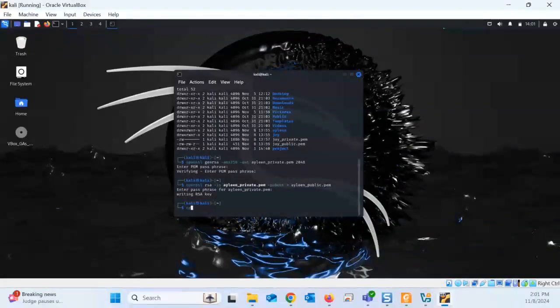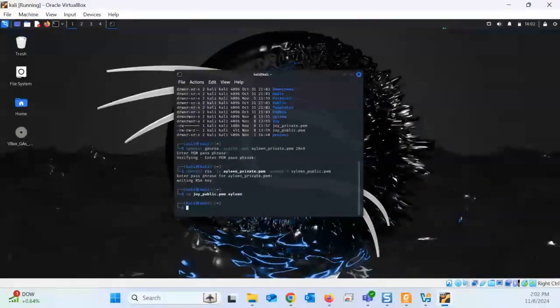So I will say CP Joy underscore public. So I'm going to copy Joy's public key to Alien's folder. So I will say Alien's folder, copy to this one. That is done. And the second part that I'm going to do, copy, not CP,